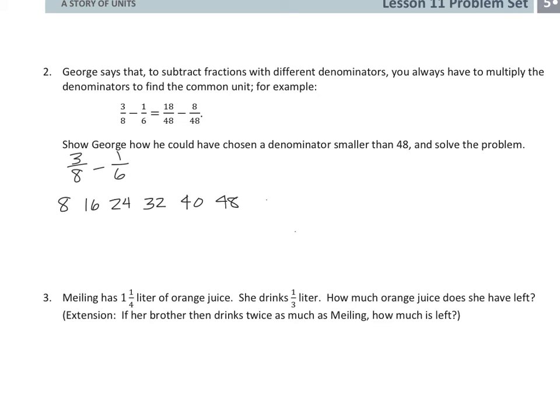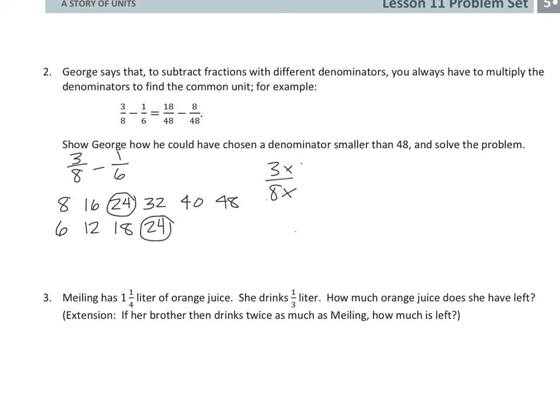So if we list our multiples of 6, we have 6, then we have 12, then we have 18, then after 18 we have 24, and right there you can see that we could also use a new denominator out of 24 as well. So if I go ahead and take my 3/8 and change it to be 24ths,